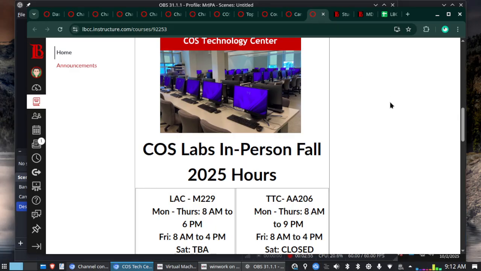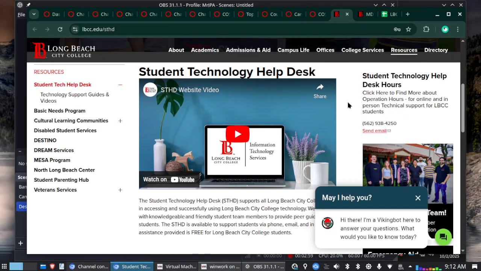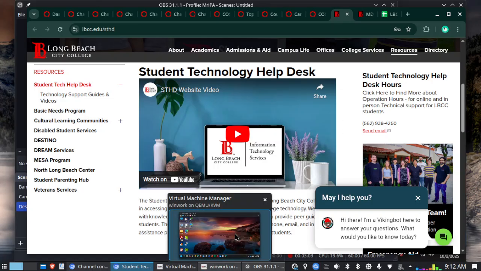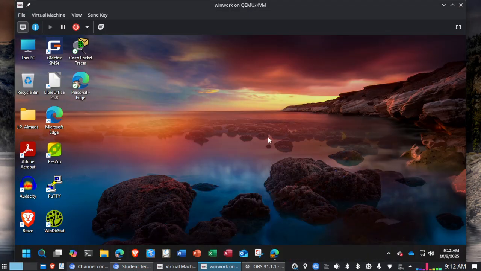If you scroll further down, you'll see how to contact our instructional assistants. This is the student tech help desk. You need to have Microsoft Access installed on your Windows PC. If you don't have access to a Windows PC, you might want to come to campus and use the COS computer labs. Regardless, you need to make arrangements now so that you have access to a Windows PC